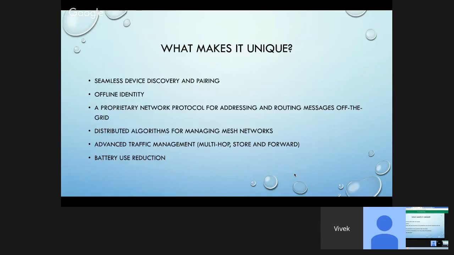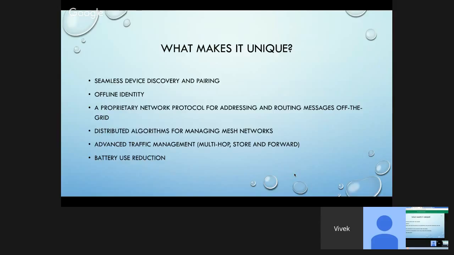So the proprietary network makes it all secure, and it says off the grid, meaning not connected to any cell tower. So even if a device doesn't have a Wi-Fi connection, let's say you go hiking and you're in the middle of nowhere, and there's no Wi-Fi, there's no cellular connection. So the only connection is between one device's Bluetooth and the other device's Bluetooth or Wi-Fi. And so you can go to places and communicate with each other without any on the grid kind of connection.